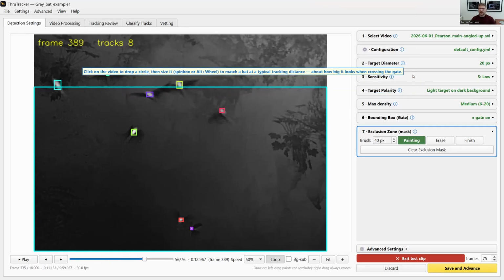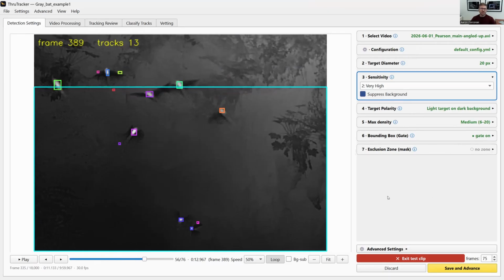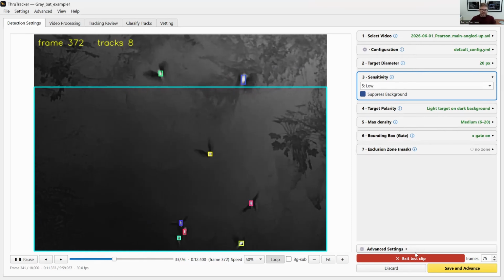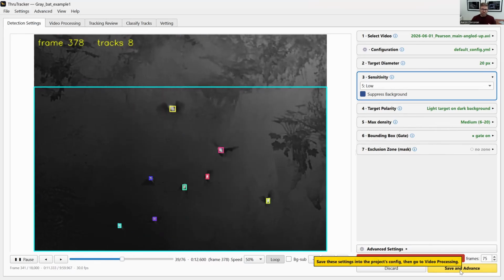So if I wanted to see what happens if I boost my sensitivity to high, well, I'm picking up some false positives here. So I can see immediately the change, and now I can go back, reset it back to low, and make sure I'm dialed in exactly where I want to be. Now that I have it dialed where I want it, we can go into our next step, which is the